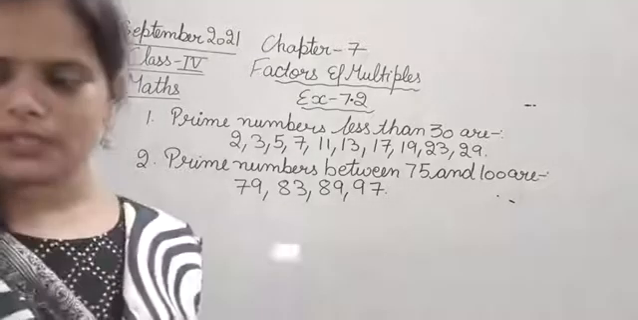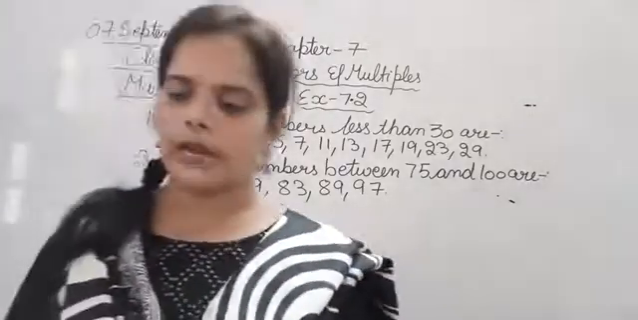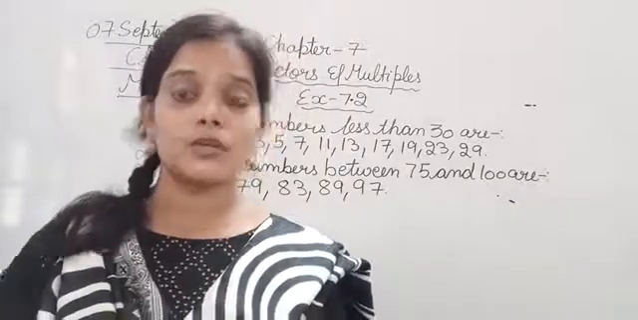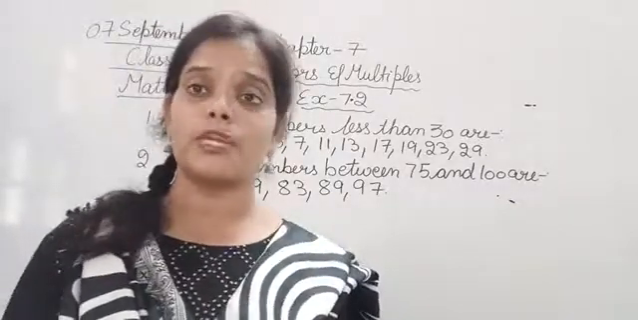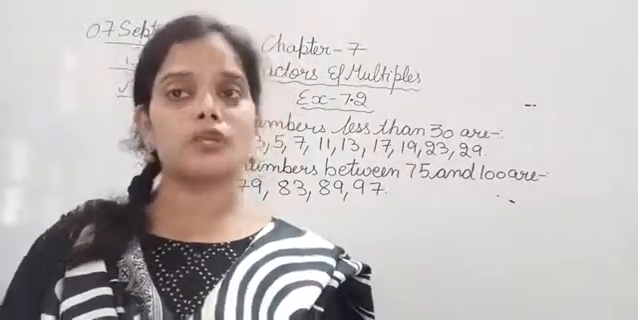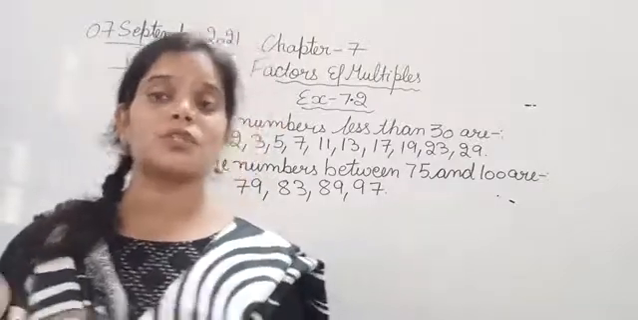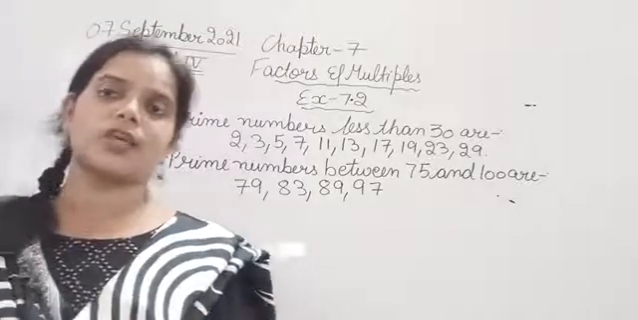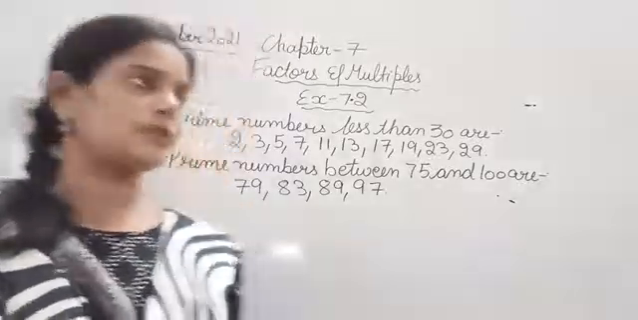Chaliye. Next, the question number 3 is, write down all the composite numbers between 20 and 30. So now we have to write down the composite numbers between 20 to 30. So what are composite numbers? The numbers which have more than 2 factors, they all are composite numbers. So write,